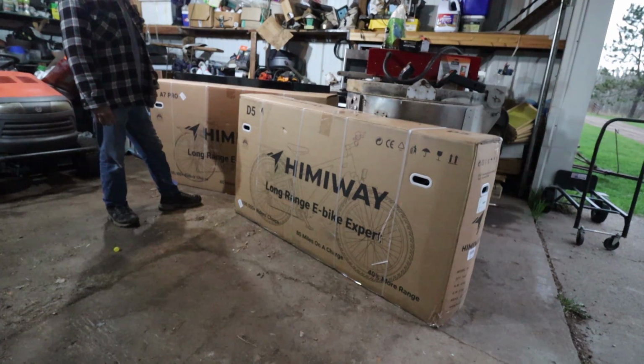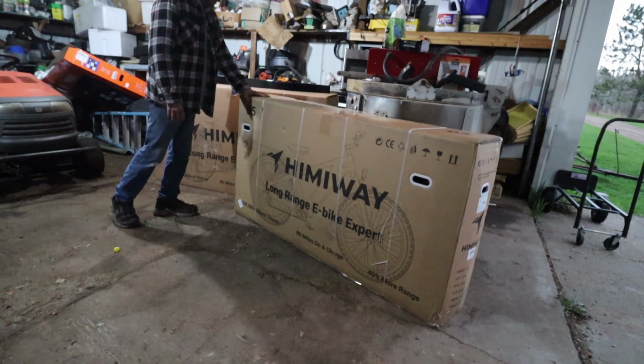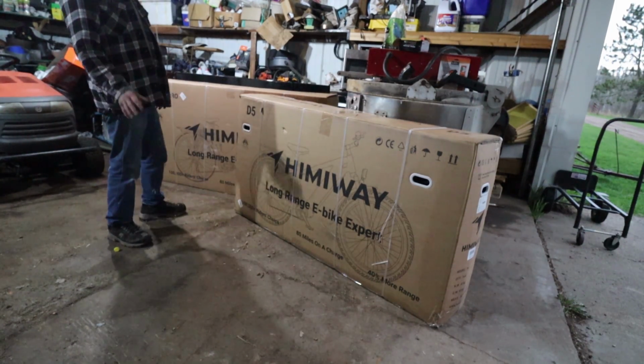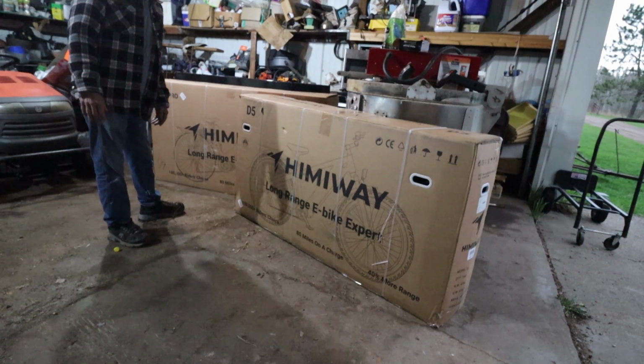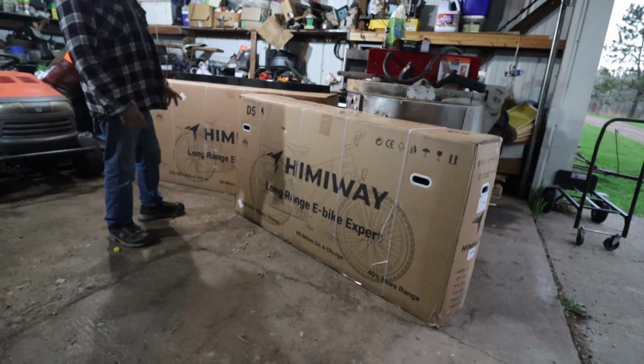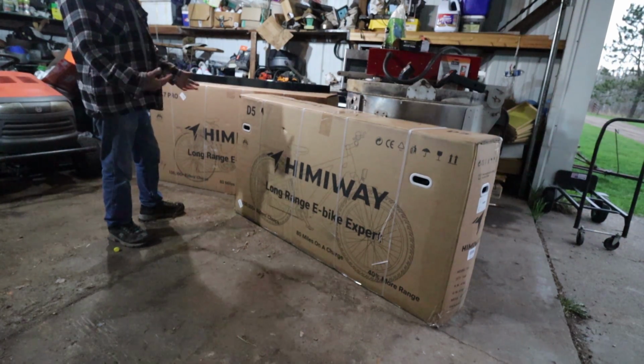You've heard me talk about it in the last couple of videos about the new Himiway bikes that we had delivered here, the D5 and the A7 Pro. Got a storm rolling in right now, so I don't know how this is going to go. Metal garage, so when it rains out it gets loud, but I want to get these open and pulled out